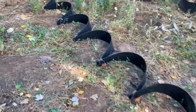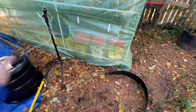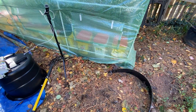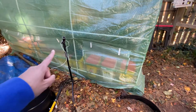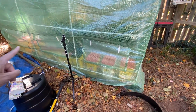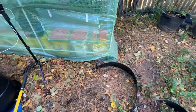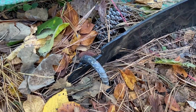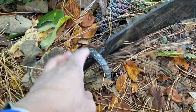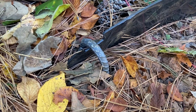I did have a problem with this end one because this whole area right here is just covered, or actually underneath the surface, there are roots everywhere. So when I was attempting to put in the rebar for my greenhouse, it was a nightmare. So I might have to figure out what to do with this because it's not the most secure. I might try to reposition it, but we'll see. Maybe,